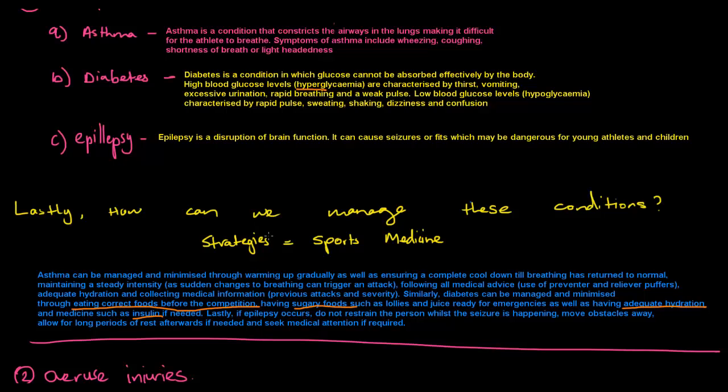When epilepsy does happen, it's just characterized as disruption of brain function. There is no real, very specific definition for this, because anything can happen. And seizures are most likely going to happen in epilepsy. So that is why they tell you, because epileptic people are prone to seizures, and seizures can happen in young athletes and children, and in that case there are specific things that we need to do to make sure that they can come out of it safely.